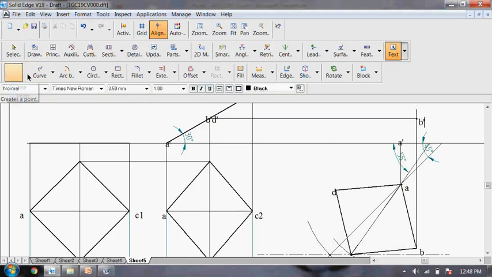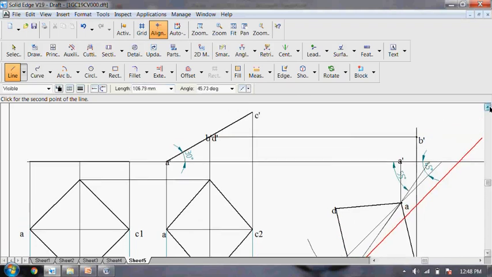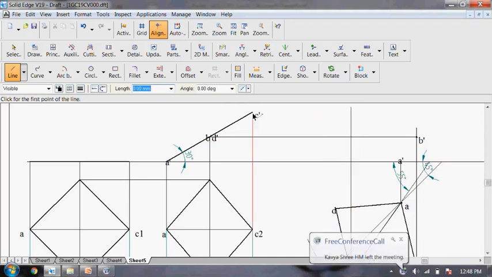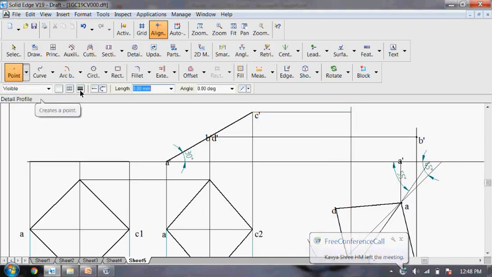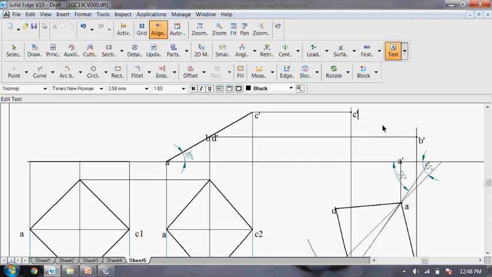Then after that, I will draw the locus line from the C. So A, B, C. So this is C. And then locus line on C dash. It's on the top. So locus line from C dash. So I get C dash. So this is the C dash. I label this as C dash.